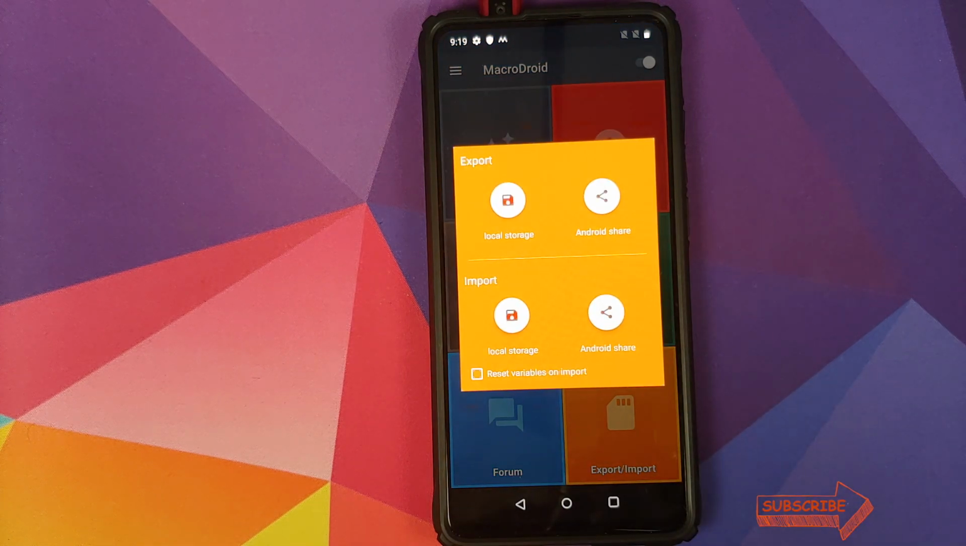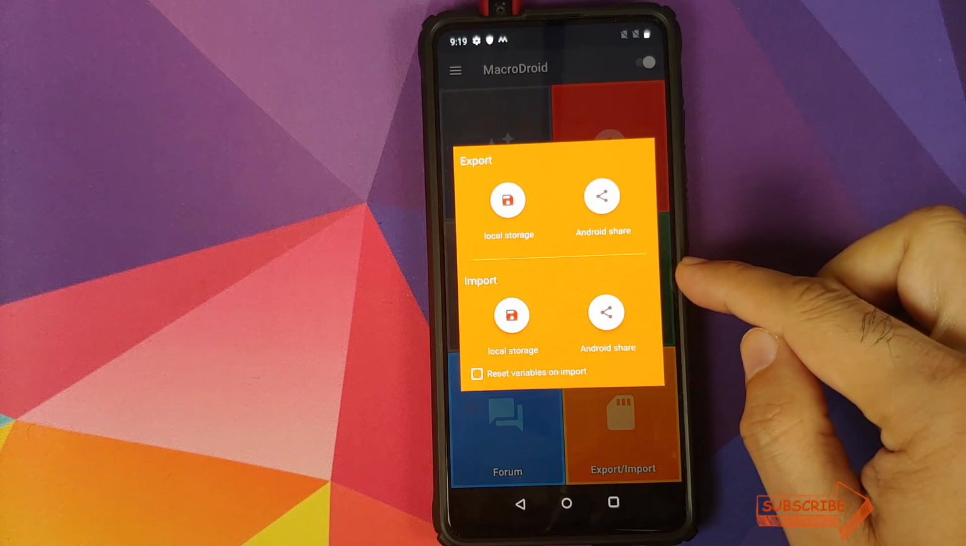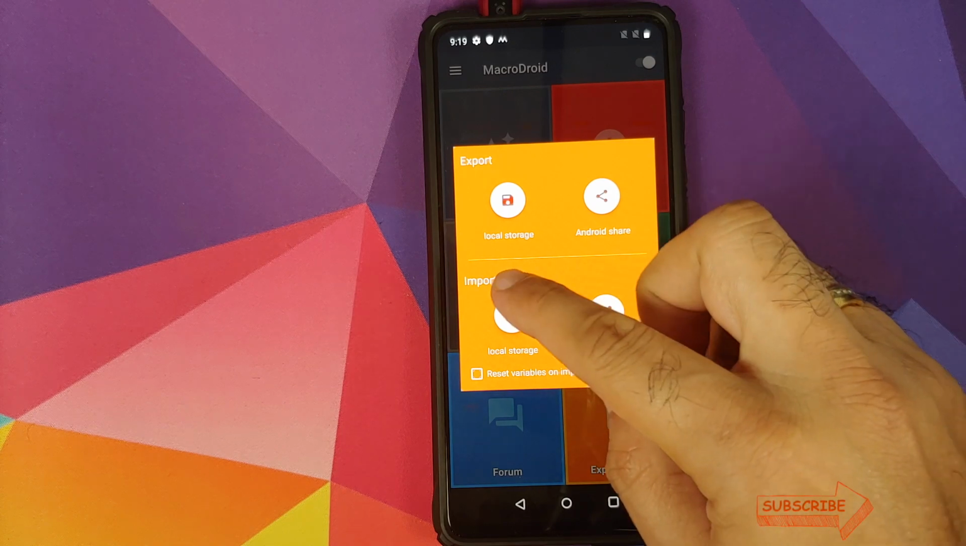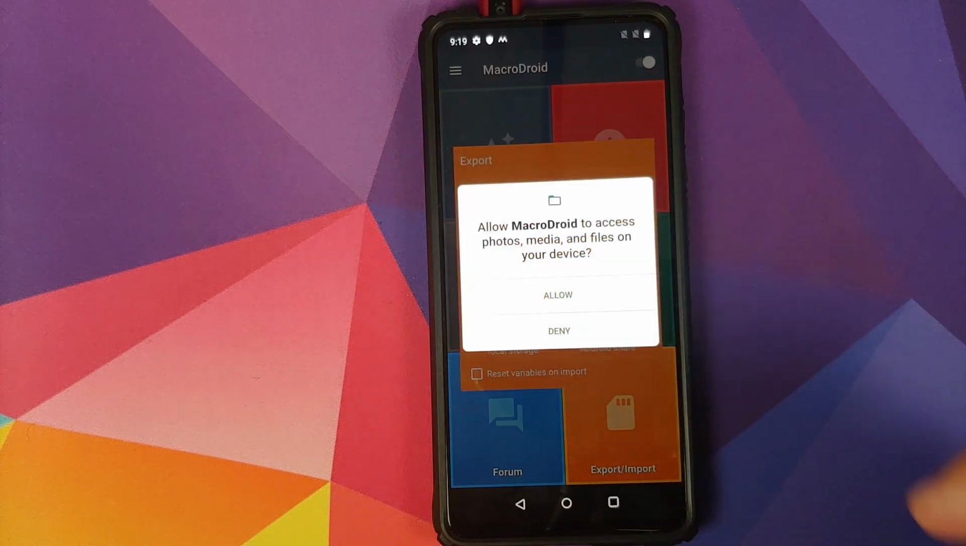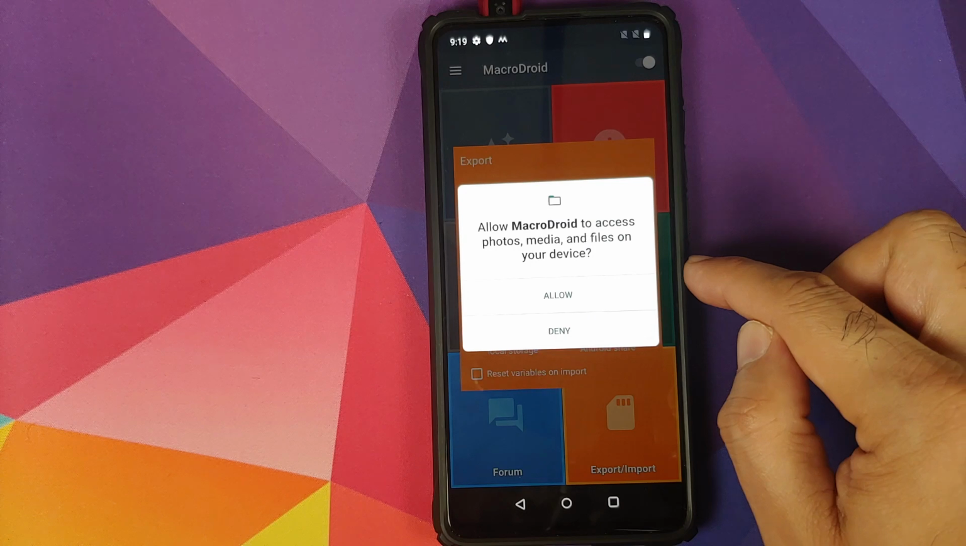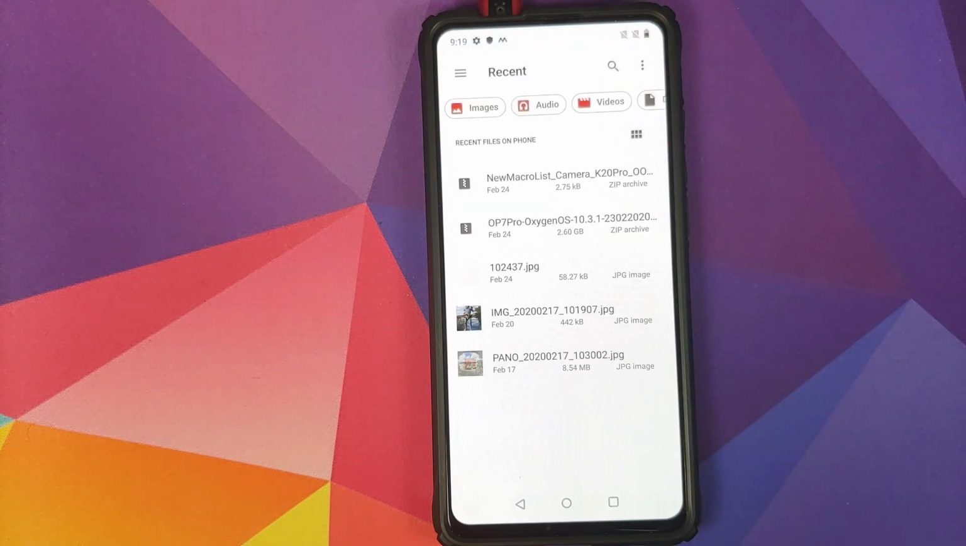Here you have two sections. On top you have export, in the bottom you have import. Make sure you click on the local storage button in the import section. It will ask for access to storage. Click on allow, and now you need to navigate to the folder where you have the macro or where we